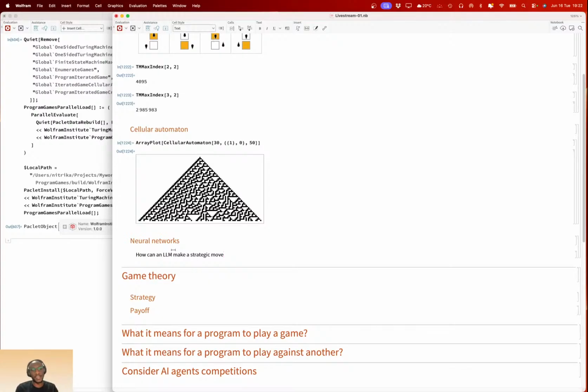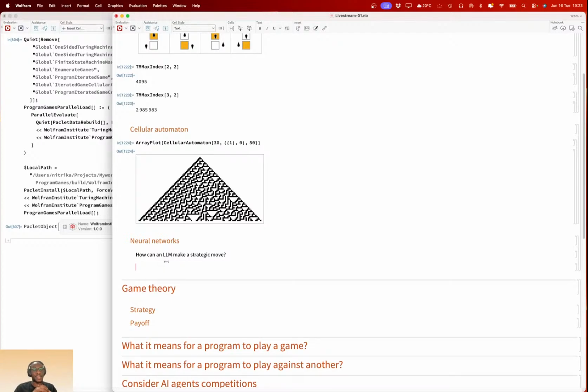Because if you define a game, which we'll talk about in a bit, then you know what the payoff of that game is. But if you feed an LLM a prompt and ask it to produce a strategy, one way to study what it does is to look at what it actually produces as a strategy. So that's one thing we can ask of an LLM.